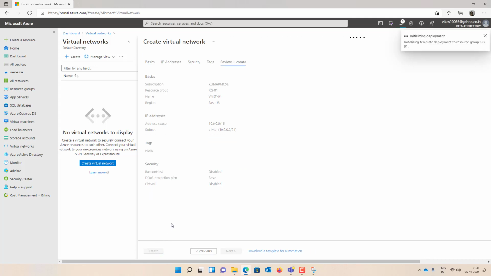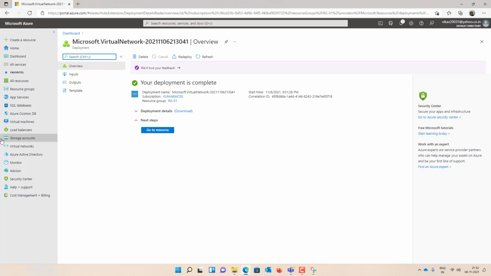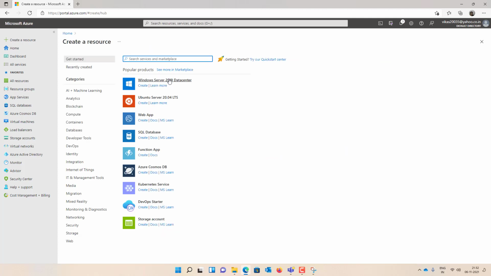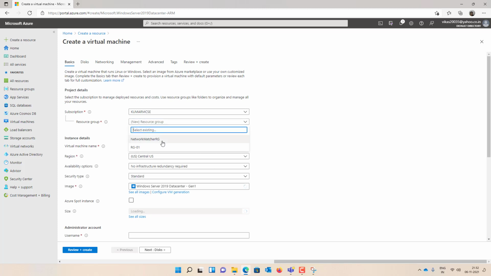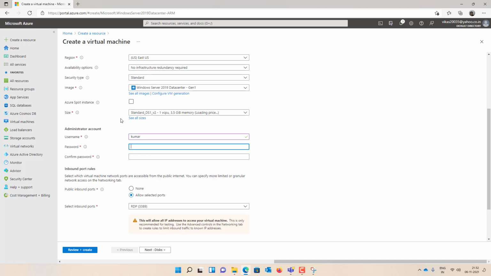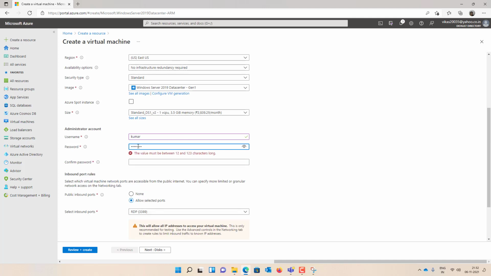For testing, I am deploying one VM into this subnet first without public IP. Then I'll try to create one virtual machine, Windows 2019, existing resource group, VM01, 2019, with basic password.